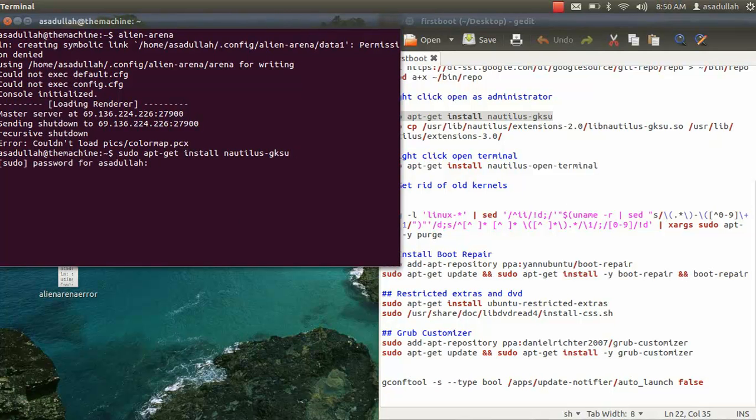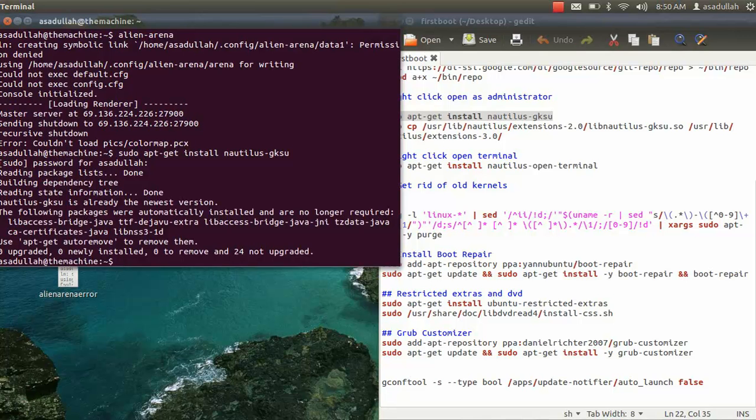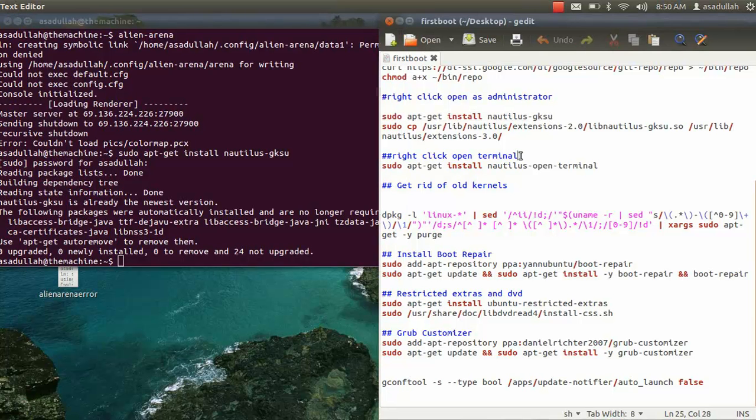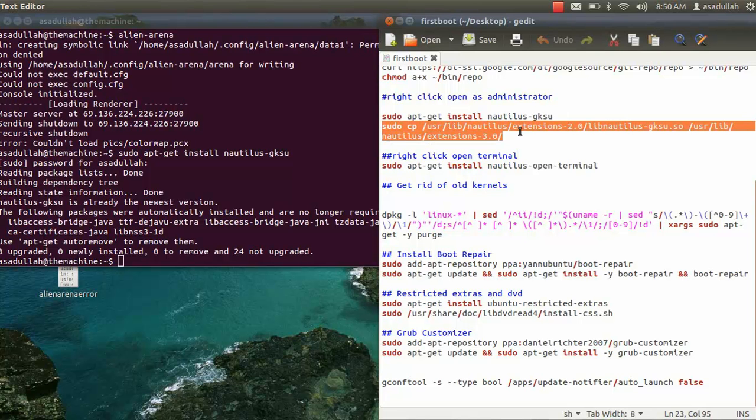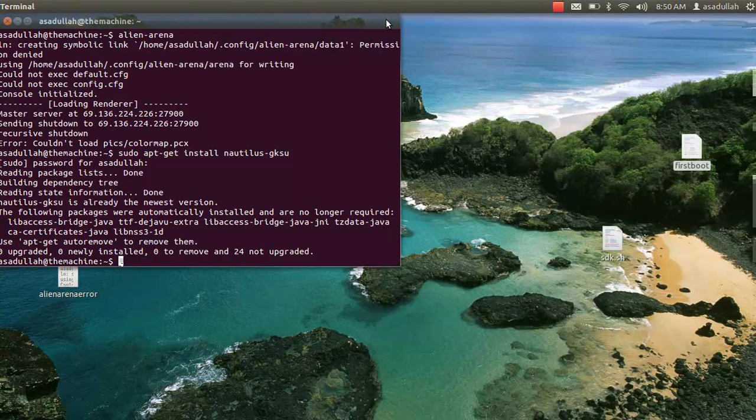Okay. I've already got it installed, so of course it's going to tell me this is the latest. And once it's installed, then you copy and paste this, which I'm not going to do again because it's going to say it's not there, into there. Okay, so